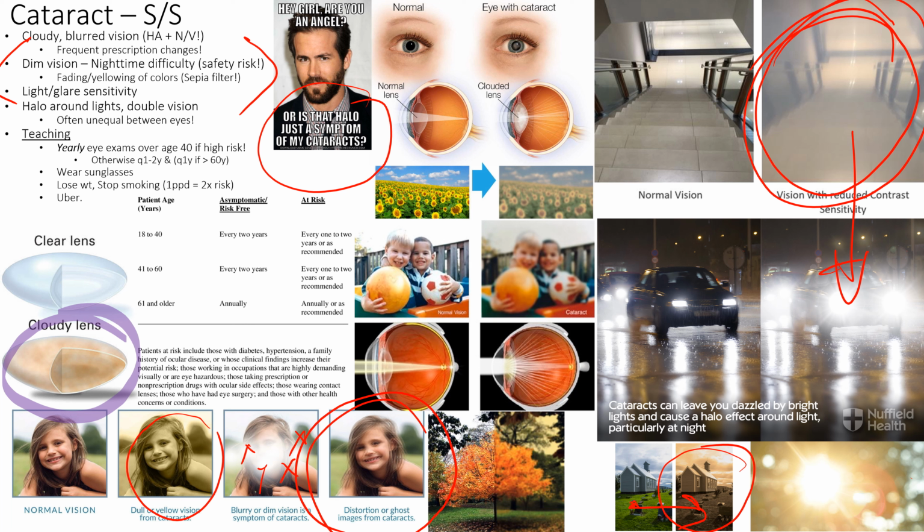All right. So teaching, how do you teach someone to manage or prevent this? Well, they've got to manage their diabetes, obesity, and smoking, and all the other fun stuff. But they should get yearly eye exams over age 40, especially if they're higher risk, so we can identify it early and even replace the cataracts if we need to. Because what if you just let the cataracts go forever? Well, your body's always on a use it or lose it system, right? So if you don't use it, it's going to go away. So you'll start getting blind over time.